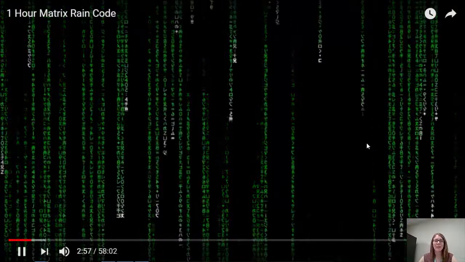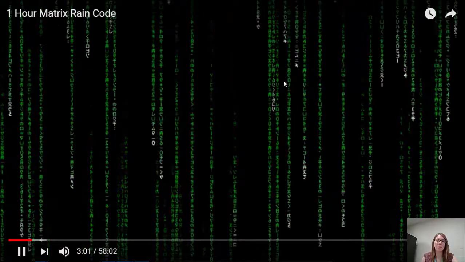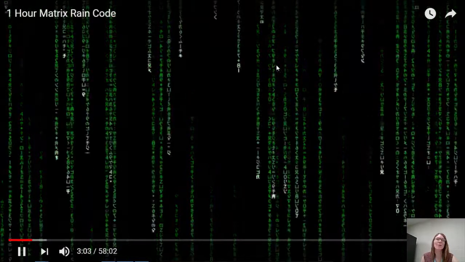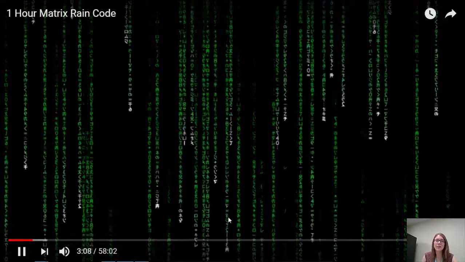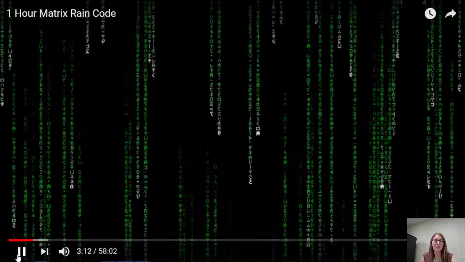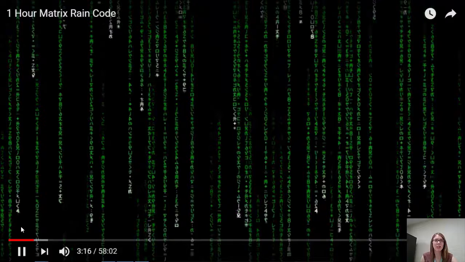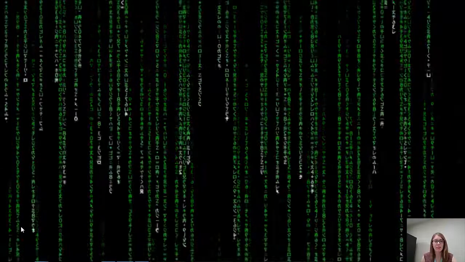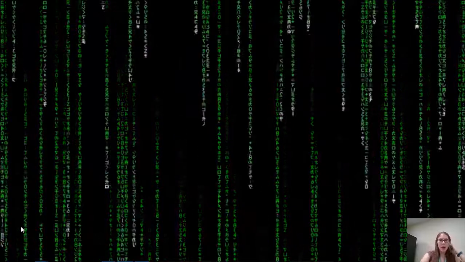There is another nice way of solving systems of equations, and you guys are probably too young to notice this reference, but if you notice, this little code that's raining down here is from the movie The Matrix. And matrices is actually how we are going to solve our systems of equations a little bit more efficiently, especially our systems with three variables. We'll get to that in a minute, but